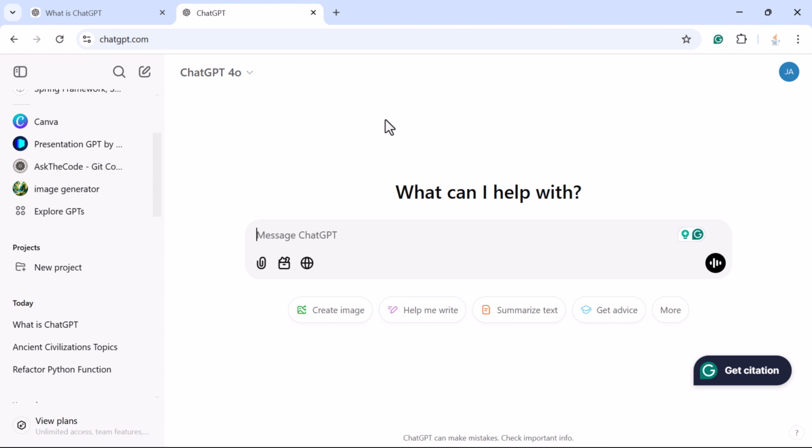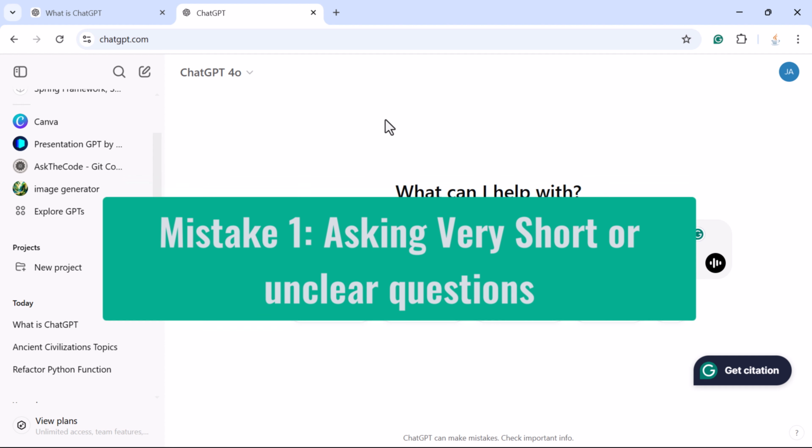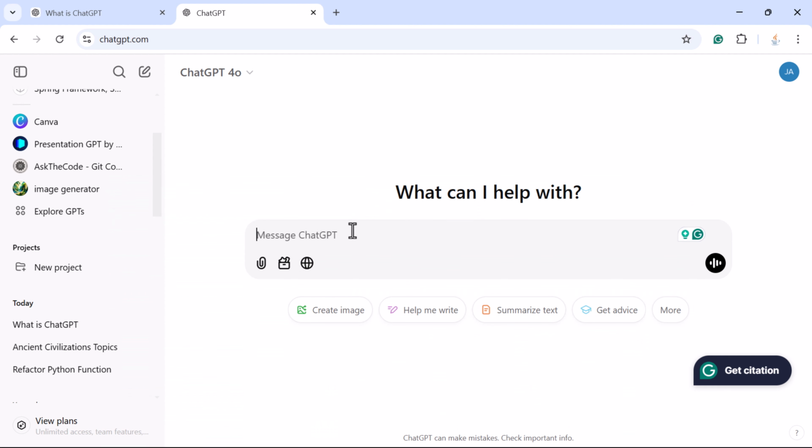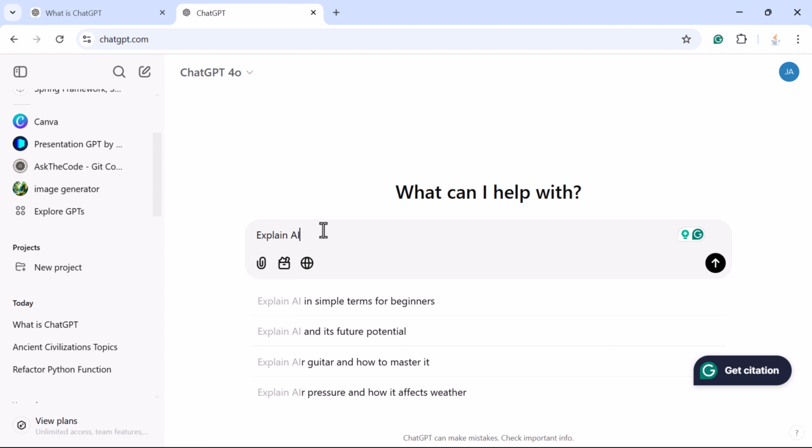So the first mistake is asking very short or unclear questions. For example, here let us enter the prompt: explain AI. So when you ask ChatGPT something unclear like this, it won't know exactly what you want. It might give a general response that's too broad or not useful enough. So instead of this kind of short prompt, what you can do is you can say,